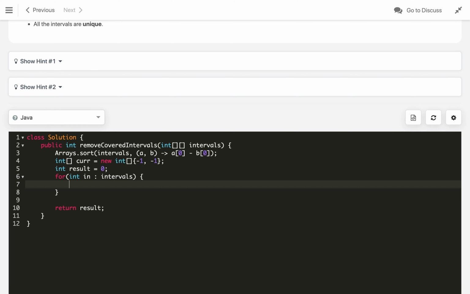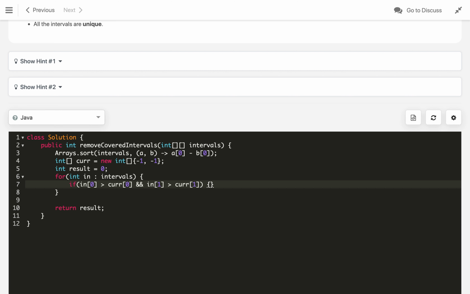Here first we will check if the interval's start is greater than the current interval's start, and the interval's end is also greater than the current interval's end.